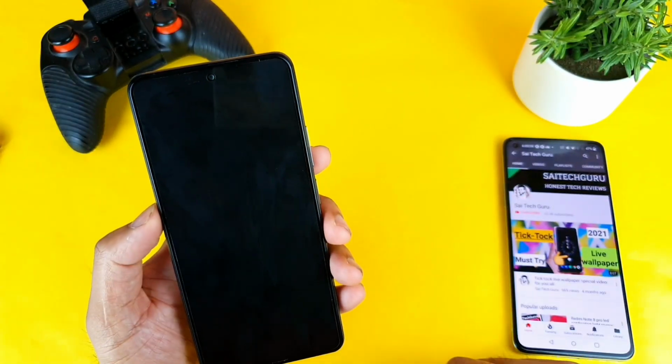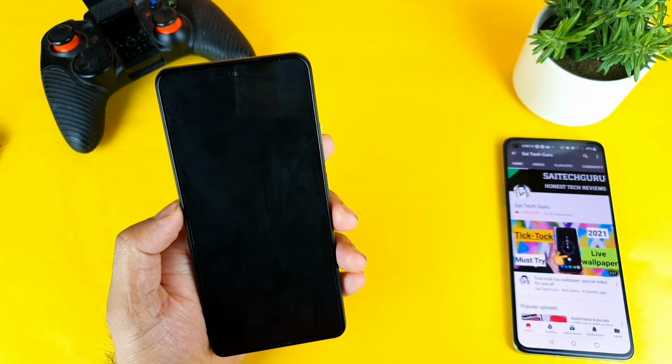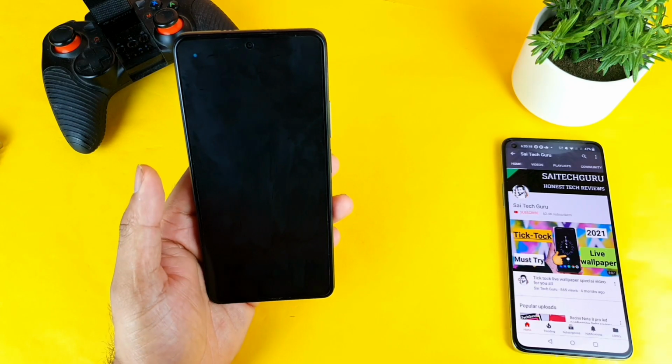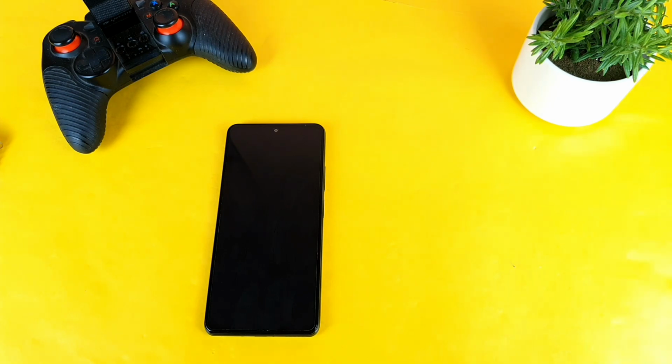So this is how it's going to look if you select a different kind of position. As you can see, a different position if you get any kind of notification. Definitely it's a really cool notification. Even if you turn off the lights, you will be able to see that notification separately. So let me try to do that. The screen won't be on, only the LED notification will be on. As you can see here, friends, the screen is not on completely, only the LED notification light is on, as you can see clearly.